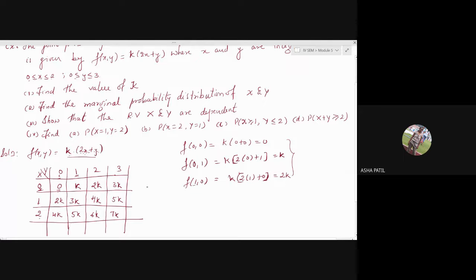6k, 7k. Yes. Now, to get the value of k, you know one thing, that the sum of all the probabilities is 1. So you have to add all this, or else you can go for f of xi, that will also give you the sum. Then later you can add g of yj, that is the marginal distribution we will write. How much will you have here? 3k plus 3k is 6k, 5, 14 it is. Next one, 10, 17, 20, 22.